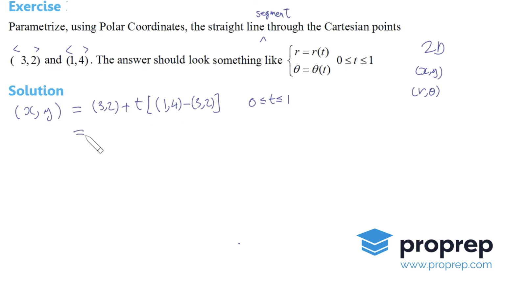So this is equal to, if I just write it out, let's see, 1, 4 minus 3, 2 is minus 2, 2. So if I do the computation, x is 3 minus 2t, that's this 3 and then the minus 2t, and then y is 2 plus 2t. So